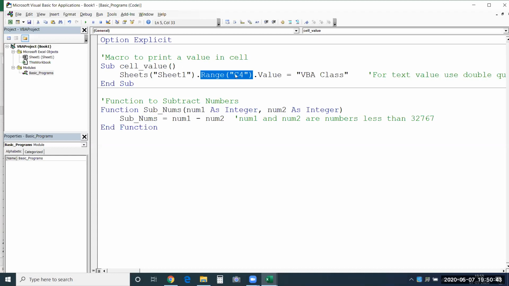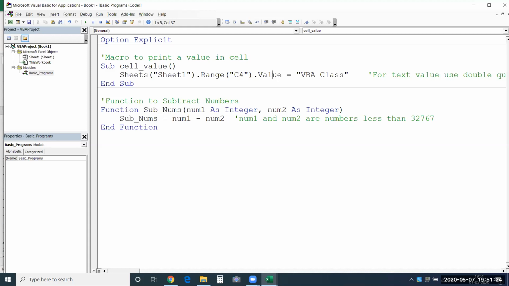So here we have given the address. So what property of this should I be using? For that again I'll mention a dot and then start giving the properties. So I have used the value property here. If I have to change the color, I'll use a different property. So based on what action you want to perform, you will give that after your object hierarchy is given. So till here it is object hierarchy. Next is the last object, whatever you have mentioned here. About that, what you're trying to change, that you are mentioning here.